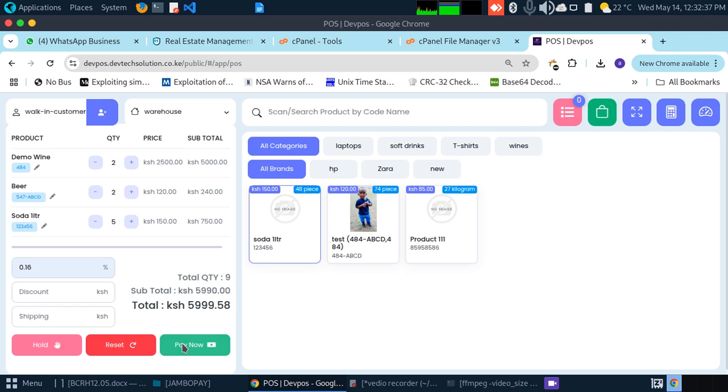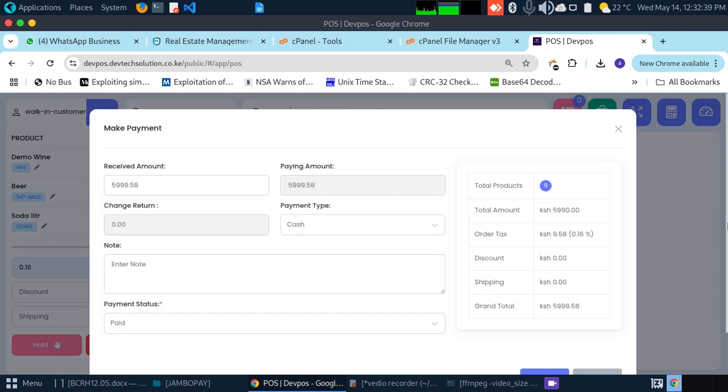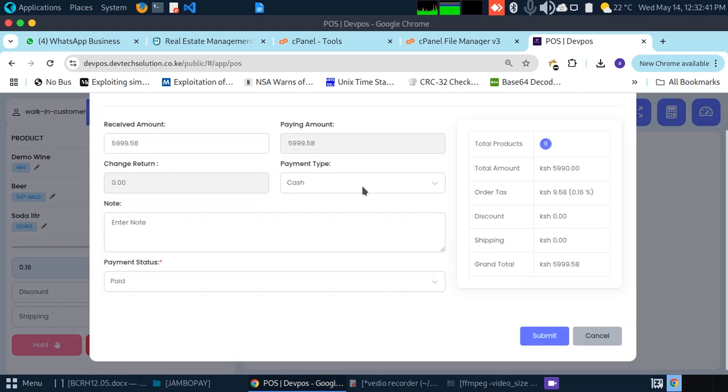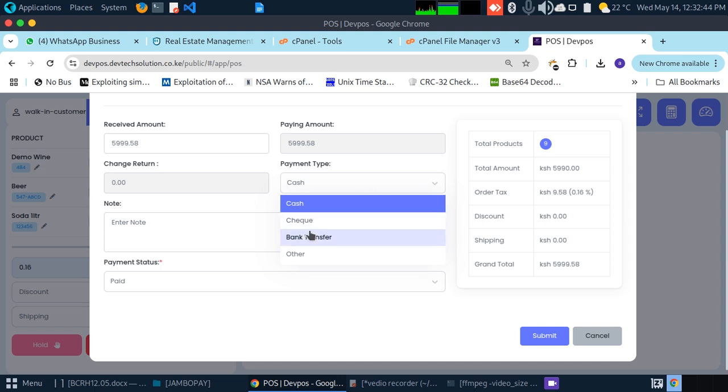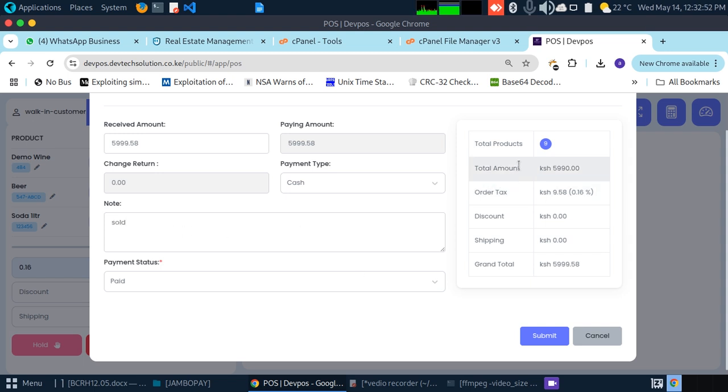So when you click pay, a payment form will pop up here, which will prompt us to select the payment type. Maybe we can use check, bank or other. Then we can enter a note here also to say maybe sold. On your left you will see we have total product 9, total amount, VAT and everything. So when we click submit,